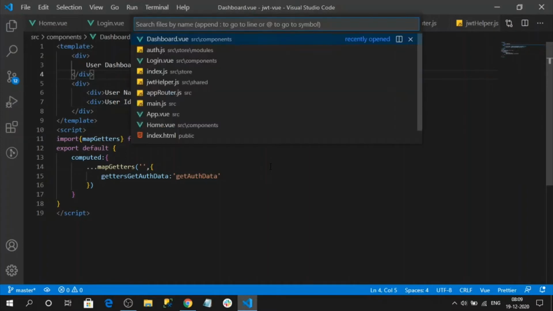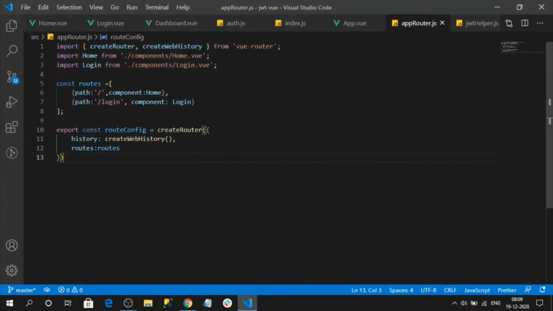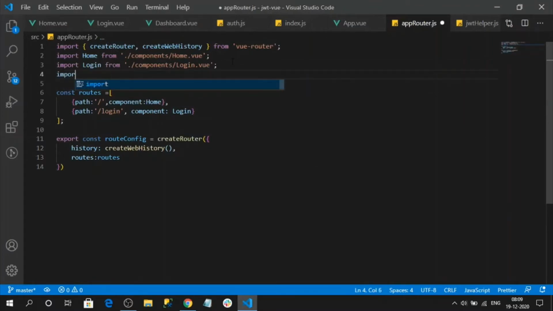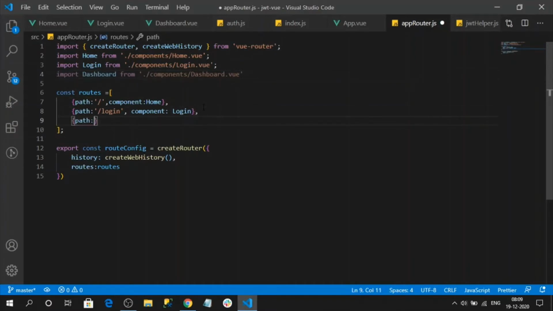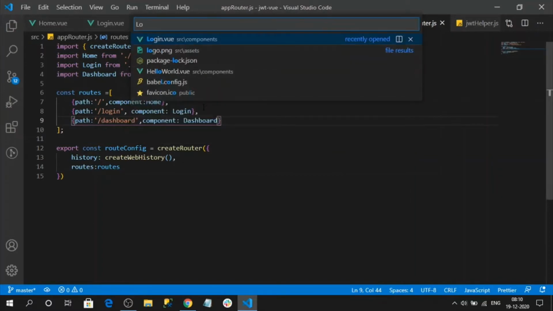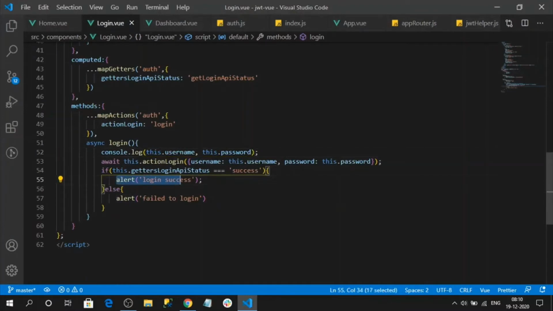Let's register this route in our app route file. So let's import our dashboard component. Now, after successful login, we need to redirect the user to our dashboard page. So let's go to the login page. Here, instead of the alert, I am going to use